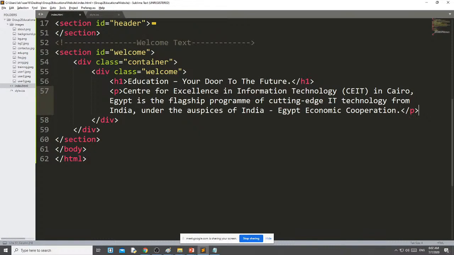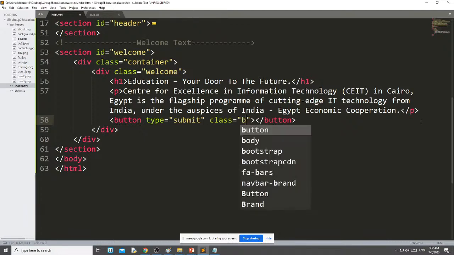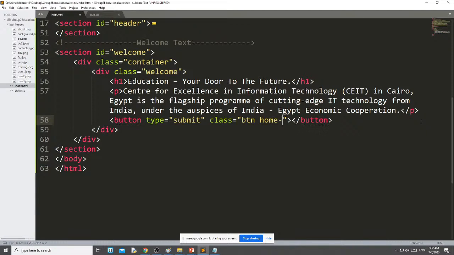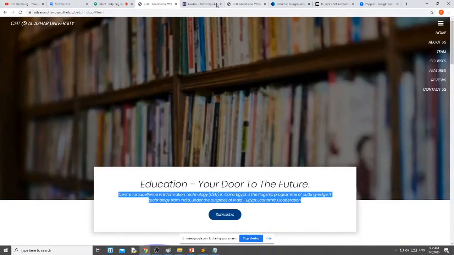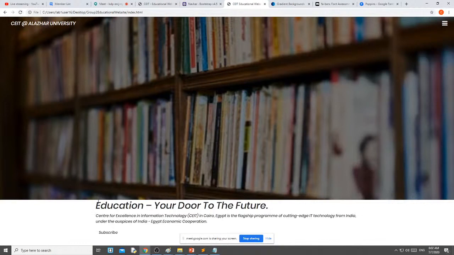Then the third one I need button, type equal to submit, and class equal to btn home button. Then my button name is subscribe. This is the HTML part. Let me run. See, you get something like this.